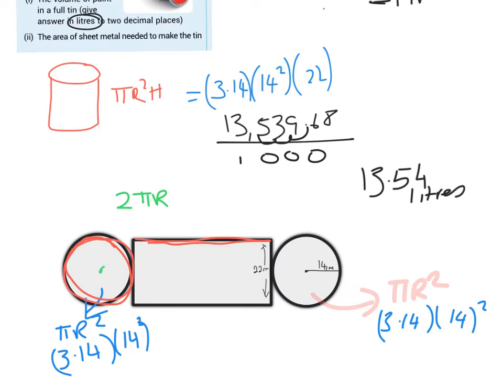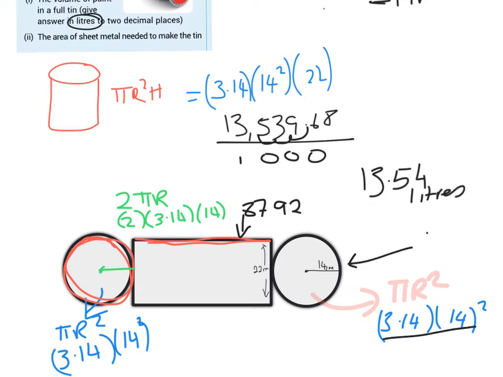I know what my r is in this circle. I know it's 14. So it's 2 times 3.14 times 14. That gives me the circumference of the circle, which has to be equal to this length here. So for this section down here, I'm getting 87.92. I now just need to find the area of my circles, add them together, and I'll have my full area. Okay, so for each circle, when I do this formula here, I'm getting 615.44, and again here